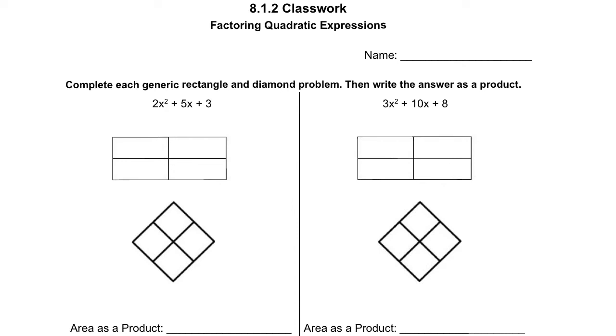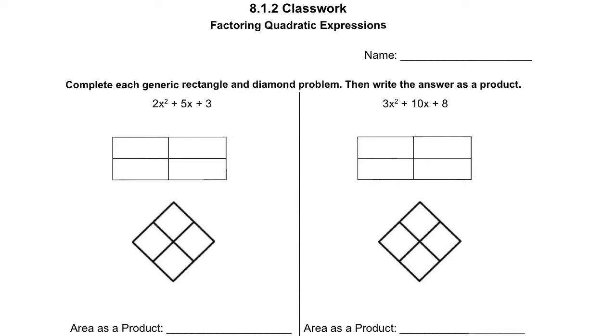In this video, we're going to look at a couple different examples of how to factor quadratic expressions. The way we end up factoring our quadratic expressions is with using both a generic rectangle, which we have here, and a diamond problem, which we have down here. Now what we're given in this example is the sum, right? 2x squared plus 5x plus 3 is the sum,